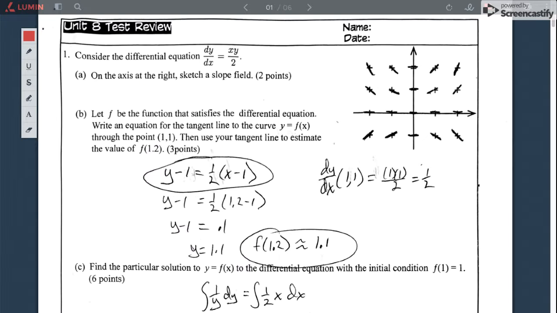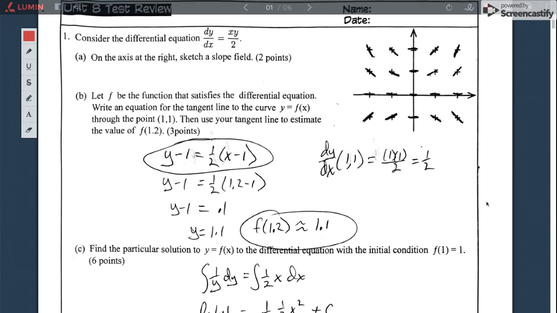All right, answers to the rest of test review for test 8. Part A is just drawing the slope field, so I think we're all right on that. We'll get into part B. We're going to write the equation of a tangent line, so that means I need the point and I need